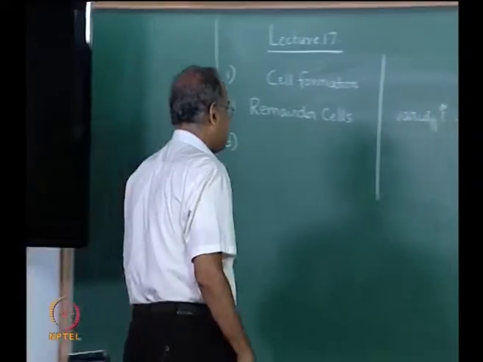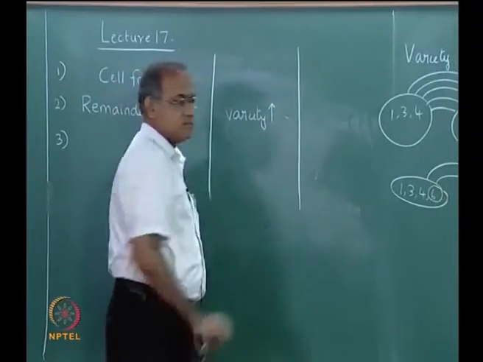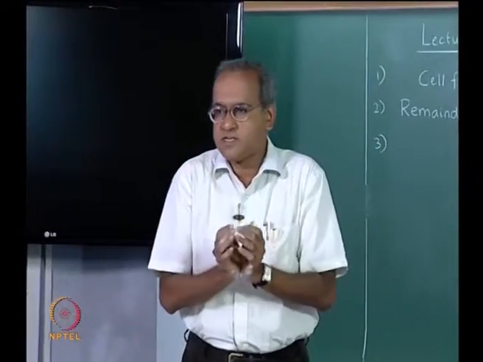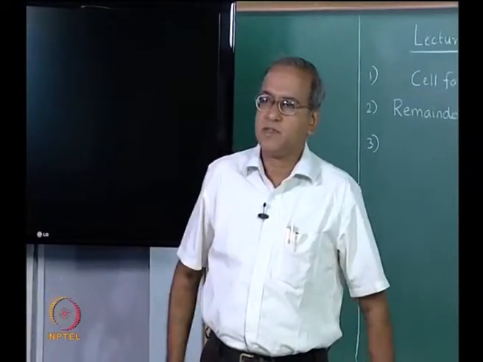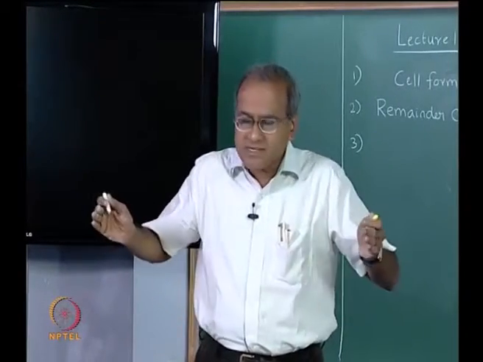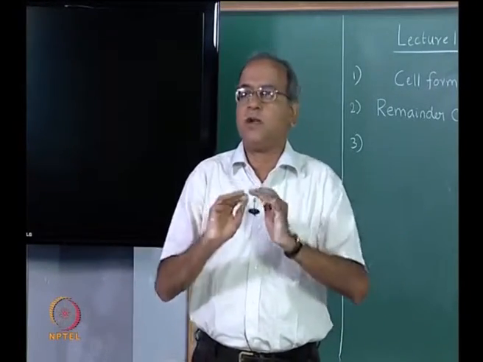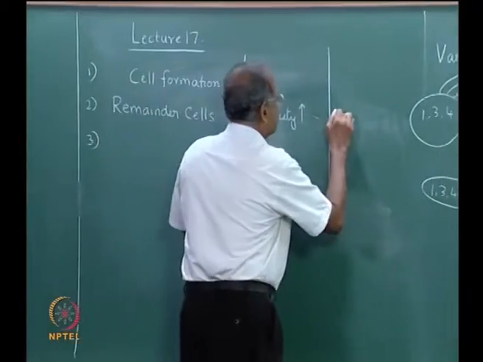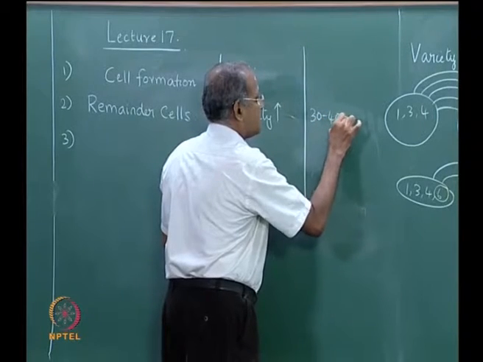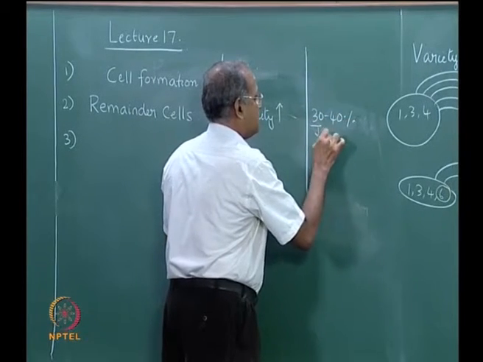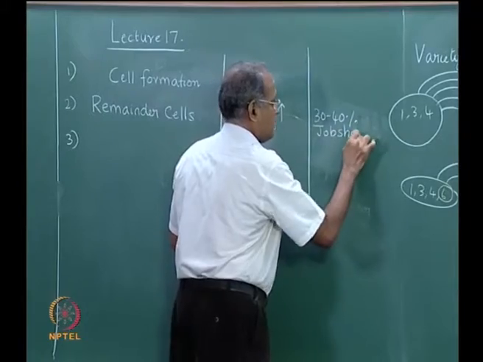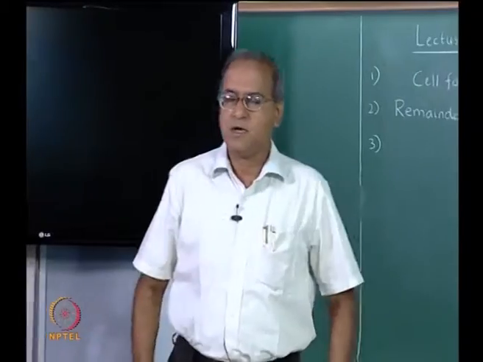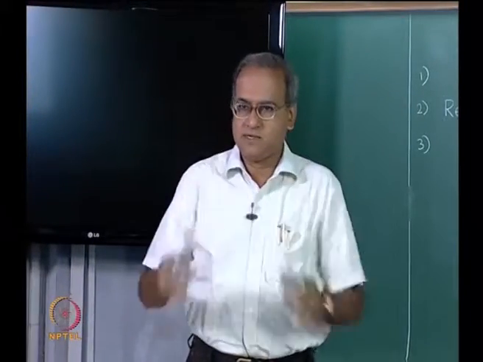The same idea is expressed in the literature by saying that a certain portion of the manufacturing system is grouped into cells and a certain portion remains as a job shop or as one large service cell. So this is something like saying 30 to 40% of the machines will act as a job shop, while the rest of the machines will be grouped into cells.